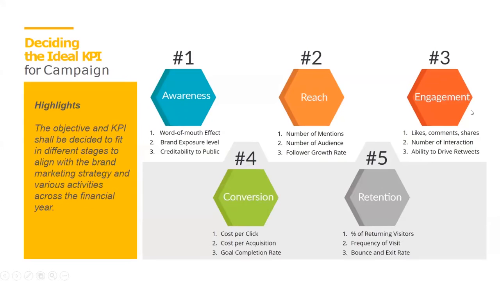And the third thing is the engagement, like the Uber case. How many comments, shares, interactions, and engagement are in your post? The Uber one has more than 1 million people engaged in the games and can reach 3.8 million to see your post, right? And the other thing is the conversion. Conversion means cost per click. That means after they engage in the games, how many people really make a purchase or use your service? So what is the engagement and the goal completion rate? Okay, and the last thing is retention.